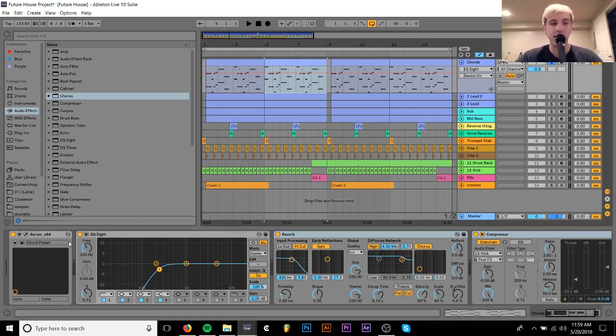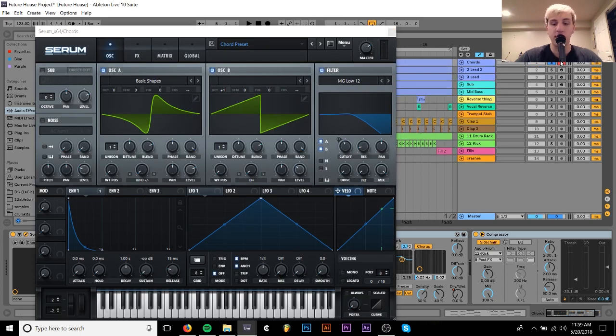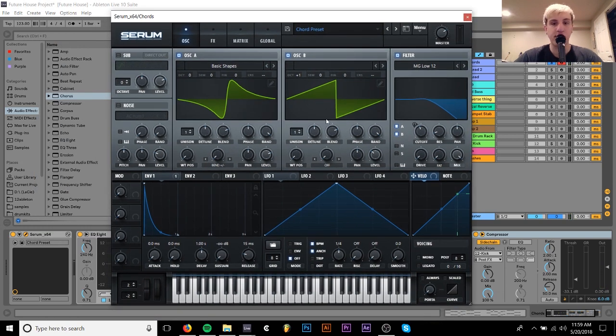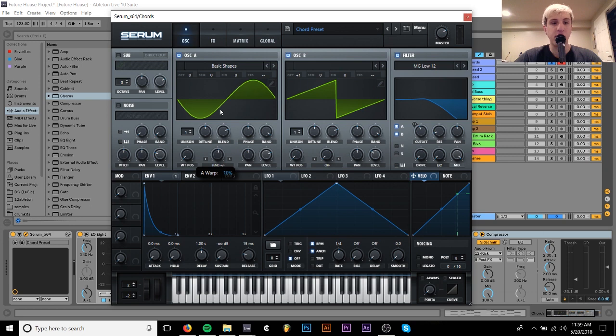I'll show you the effects and the synth. The synth sound for this is pretty simple, actually. It's just this little thing I made in Serum. Basically, it's a saw wave an octave up, and then a sine wave on basic shapes, but I put bend minus on it. If I turn that off, it is a sine wave. But when you put the bend minus, it turns it into this waveform,